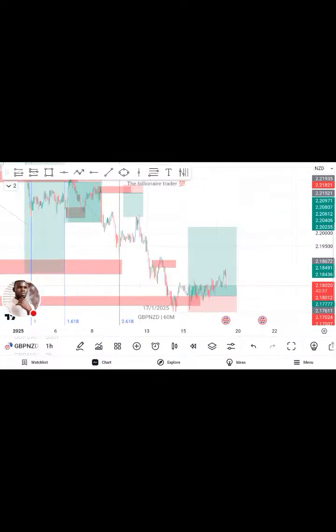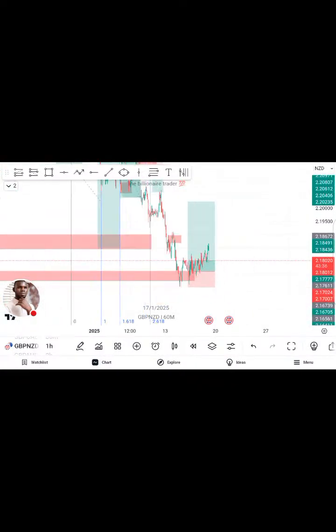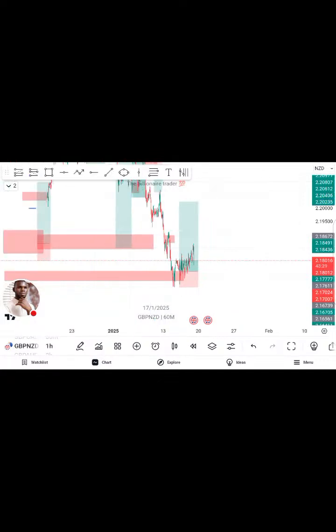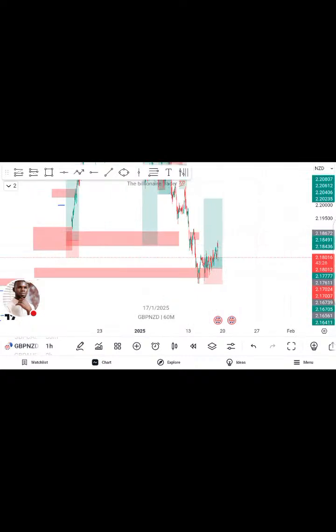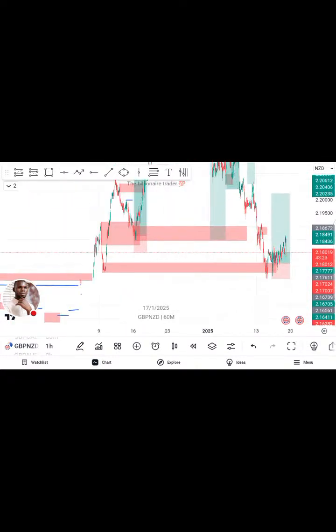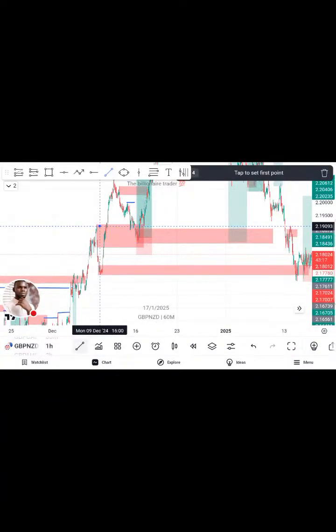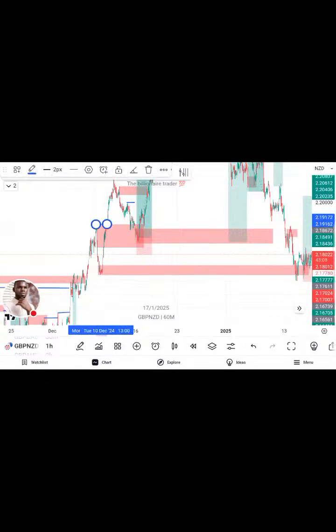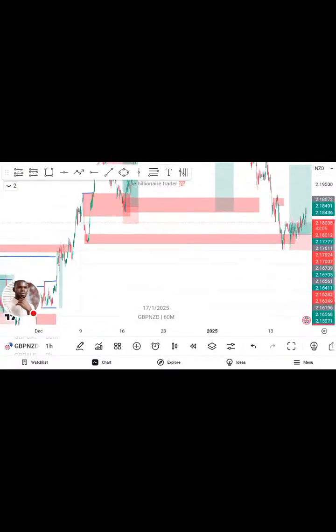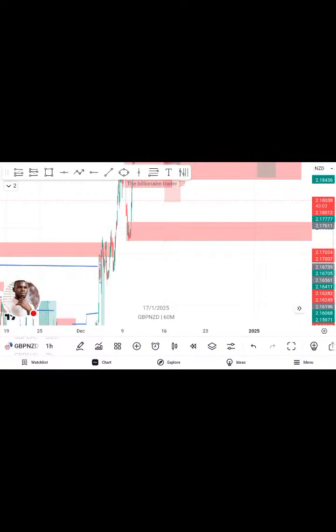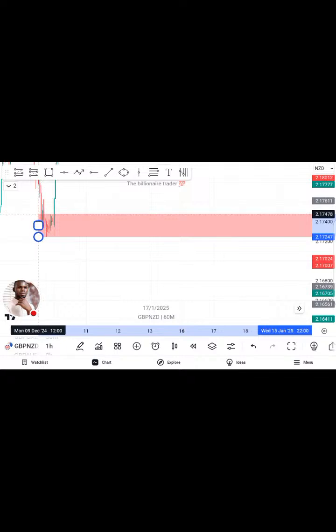You might be wondering, what actually led to this entry? I'm going to explain that. If we have a break of structure here, it is expected that when price gets there, it should buy. So if that demand zone is invalidated, if the demand zone that was expected to hold is invalidated